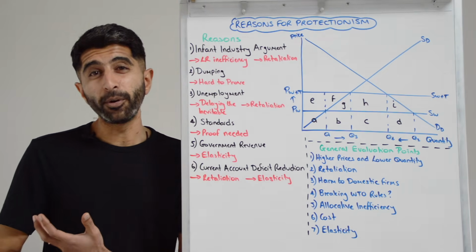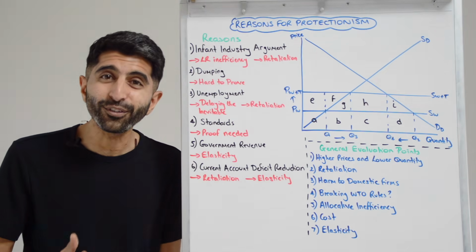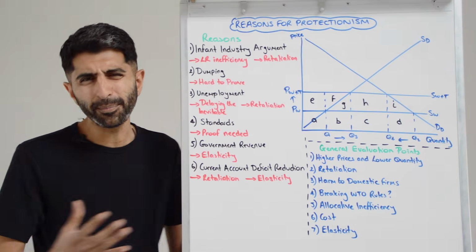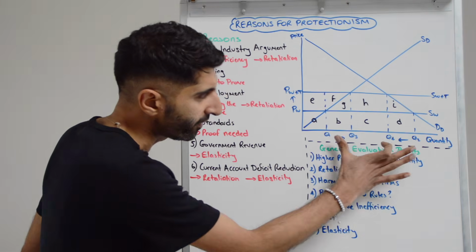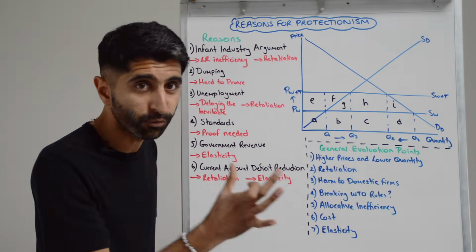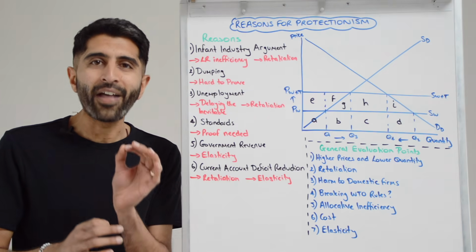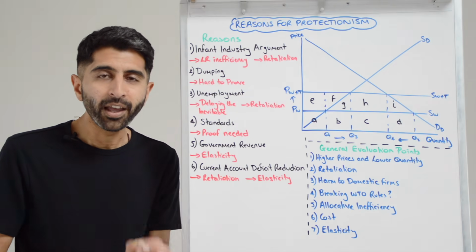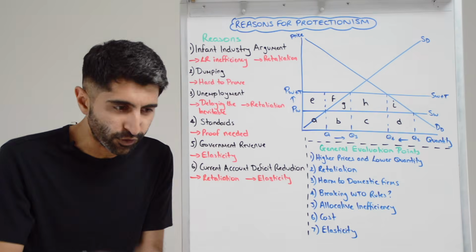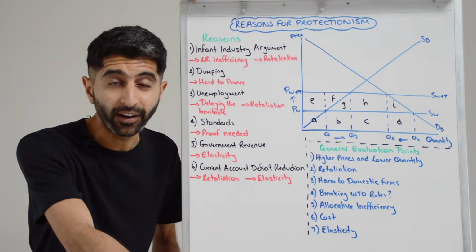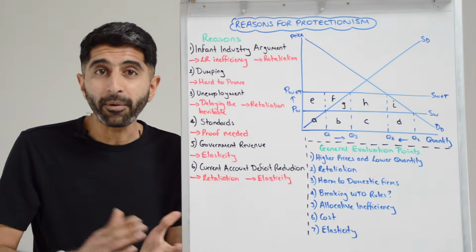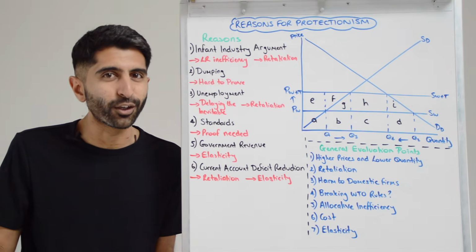And lastly, a very common reason for protectionism is to reduce a current account deficit. The argument is super simple. Impose a tariff, we see this squeeze of imports now to only Q3, Q4. And ceteris paribus, crucially, so assuming that export revenue stays the same, that's going to help reduce a trade deficit, reduce the current account deficit. Going further, maybe increase X minus M in the AD equation, boost AD and boost economic growth.